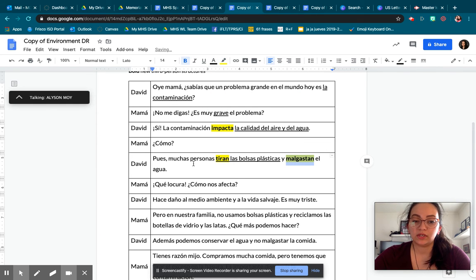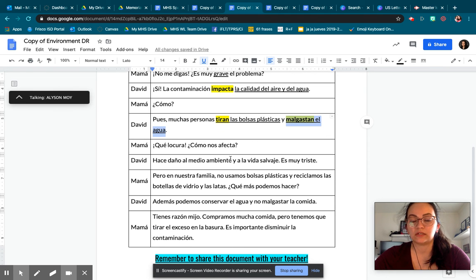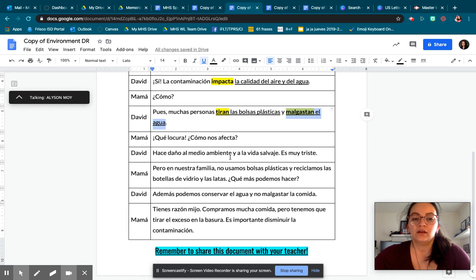We can bold it because it's lots of people, they throw away the plastic bags and they waste water. So we'll talk more about how these third person structures are made later when we get to the structured input document. So moving on, David says,